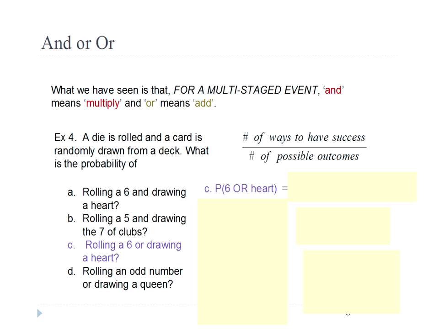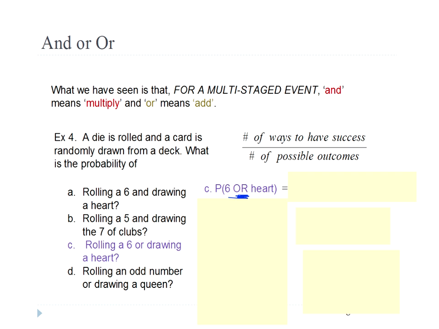Now, rolling a 6 or drawing a heart. This is now the word or. And we know that or means and. Nope, that's not right. We know that or means add, but let's consider this very carefully here. There are times where I would have rolled the 6 that I also would have picked the heart. And so if we're not careful, we're going to count those